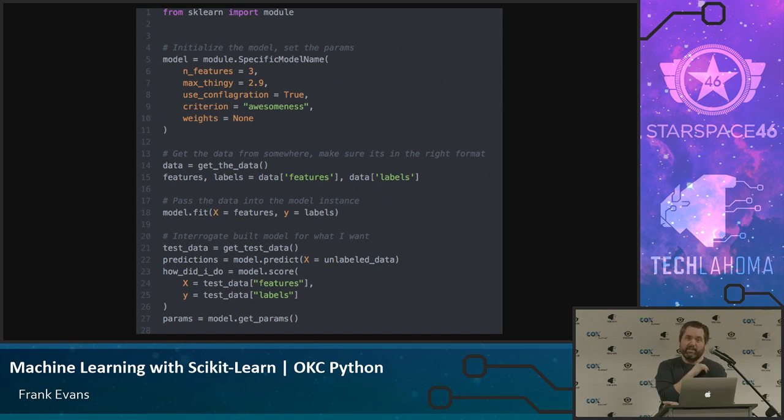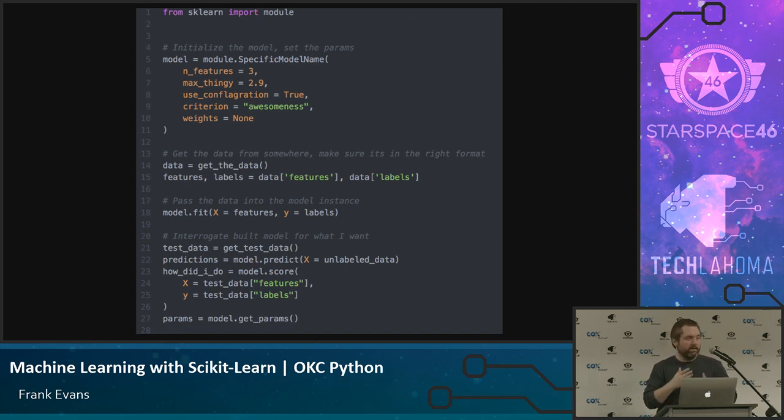The other thing I'll mention is I said it was built on top of NumPy and SciPy, very heavily NumPy. Sklearn, or Scikit-Learn, is going to want, in almost every case, just go ahead and think always, and then the documentation will tell you if I'm wrong in a specific example, your raw data, your features, as a matrix.